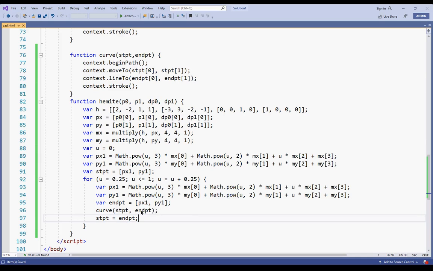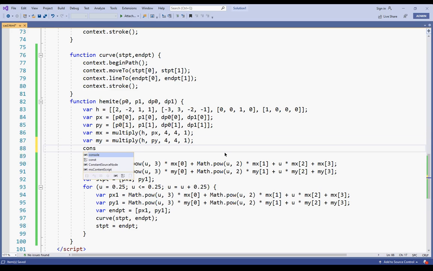Now what I do, I'll see only the first point, so u equal to 0.25. I just made this 0.25, so I'll check out only the first line. And of course I want to print all these values, so let's log the values, whether I'm getting correct values or not.